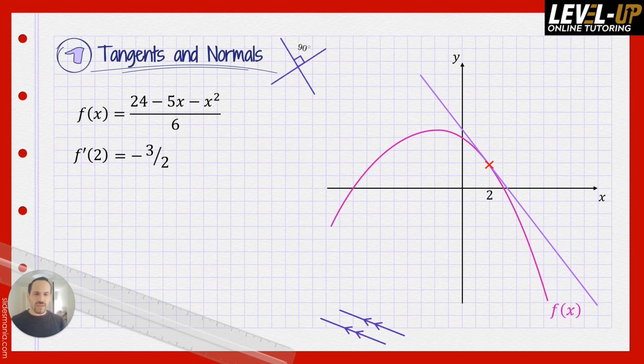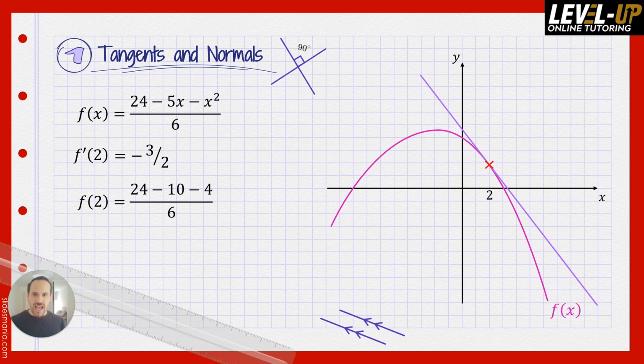So we need a point on that straight line. Well, the only point we could find is the point when it touches the curve, because we know what the curve is, and so we could find that point where x equals 2. So if we substitute 2 into our original function, not f dash, but the actual function f,